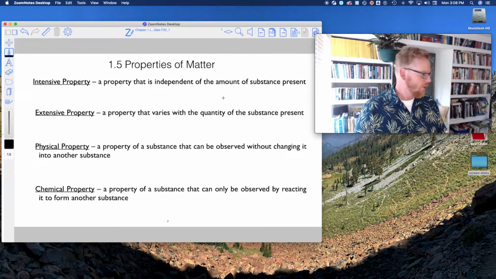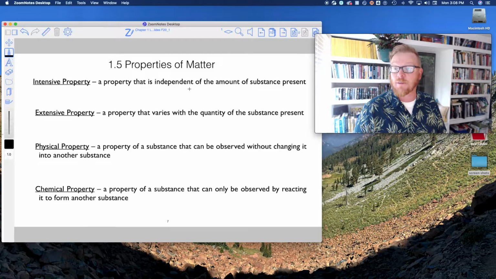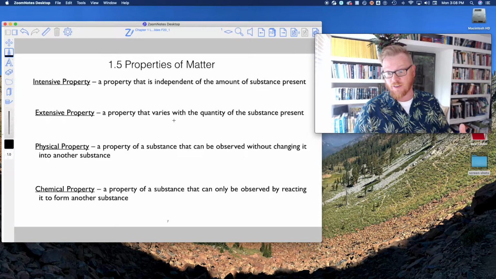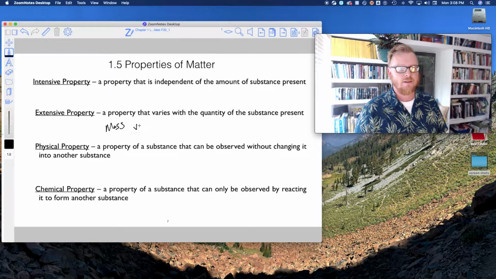Okay, moving on. So a couple definitions discussing properties. We have an intensive property and an extensive property, and I'll give you examples of both here. Intensive means it is independent of the amount of substance present. Extensive means it does depend on the amount present. Two very easy examples of an extensive property: mass and